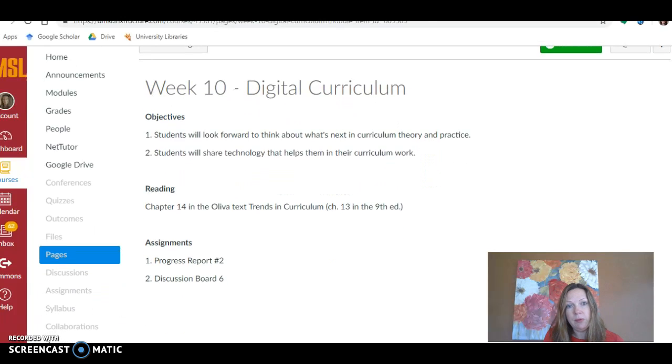So as you are reading Chapter 14 and Chapter 13, you'll also hear some talk about global education. Global education means teaching students in the United States about the world. So instead of having a US-centric curriculum, which just studies the US or studies other countries as they relate to the US, a global education curriculum would have students thinking from other perspectives, looking at the way things are done